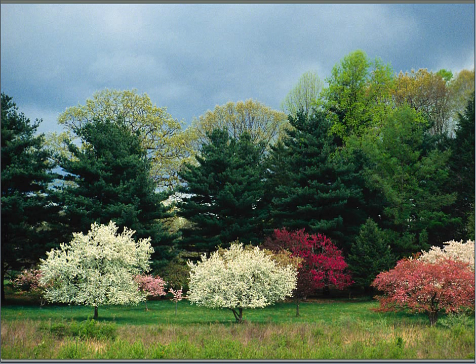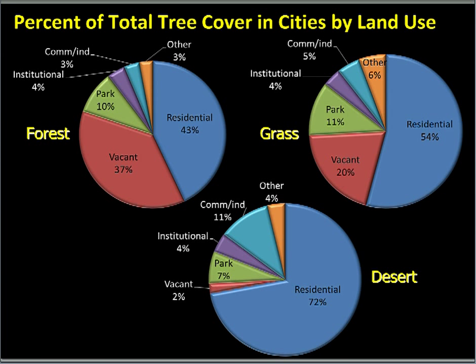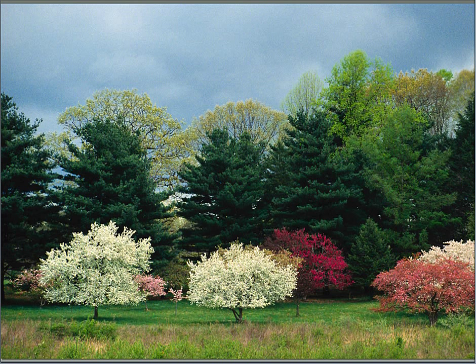Okay, so there's a question here: where does public right-of-way fit into these categories? Public right-of-way would fit against which land use the public right-of-way is adjacent to. So many public rights-of-way are in residential areas. If you had a street tree in a residential area on the right-of-way, it would be classified as residential. So we didn't separate out the rights-of-way except by the land use to which they were adjacent. So there's not a separate category there.